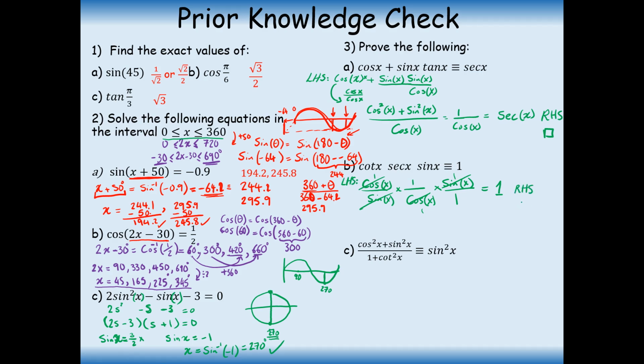So that is done. Now again, for part C, cos square plus sine square is 1, and 1 over,